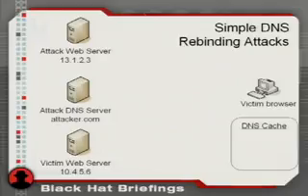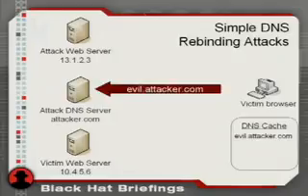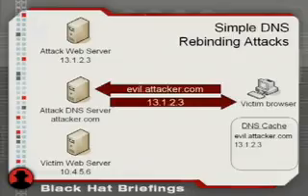So you'll see a lot of similarities between this slide and some future ones. DNS rebinding attack works something like this. A victim is convinced to go to a malicious website, probably through cross-site scripting. The first thing the browser does is send a DNS query to the attacker's DNS server. The DNS responds with the IP address of the attacker's web server, and the browser puts that IP address in